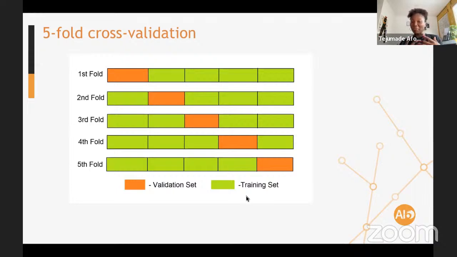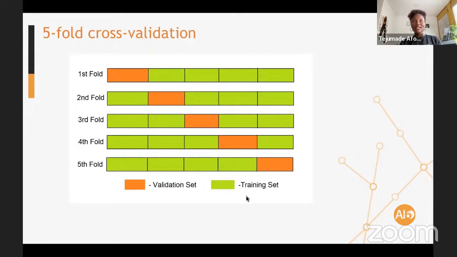This is what I think. But if you have more resources, I definitely encourage you to try more folds and see if the averaged error that you get is significantly different than if you are just using 5-fold validation or even less.